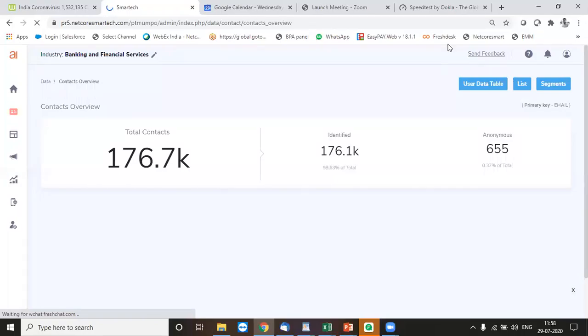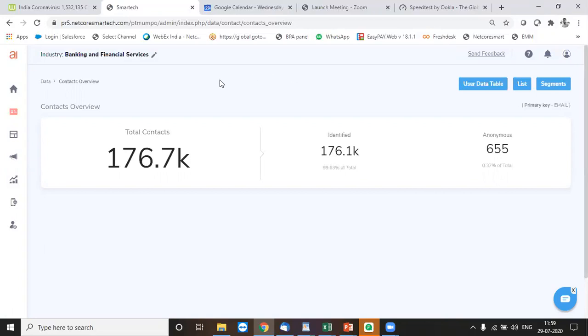Hi everyone. We are having this session to discuss a very important module of Smart Tech Automation System, and this module basically relates to data management. Whenever you're doing a campaign or targeting an audience, by sending them a template or any kind of communication, it's very important for you to decide what is going to be your target audience, what is the behavior of the audience, and whether the content that I'm sending to them is important or not. This and many more questions which you have in your mind with respect to data would be solved in this particular session.